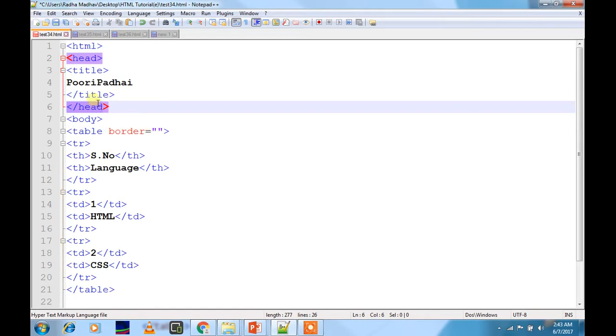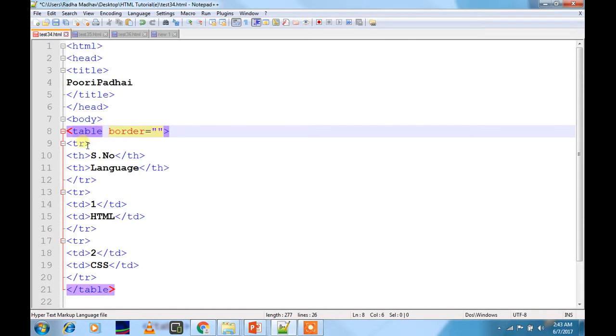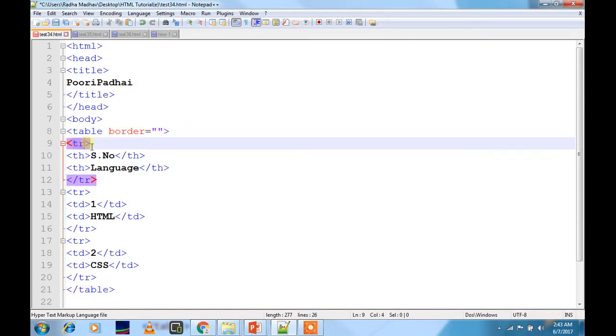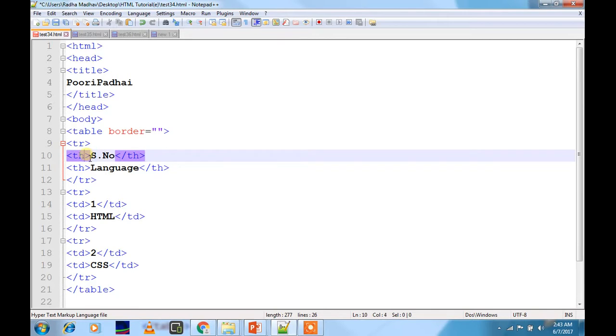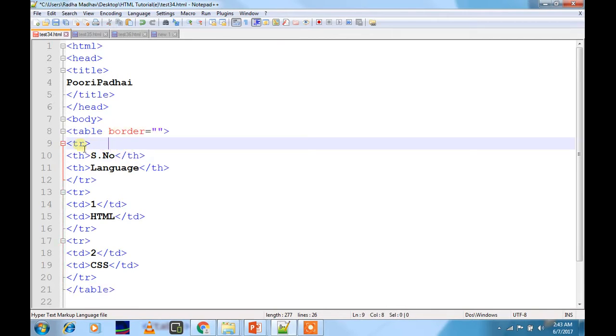So this is the first example. Here you can see table is there, tr is there, table row, th is there, table heading. I will tell you later what this is, so don't be surprised over here. Tr is there, table row, and in the very first row we have given the heading, and in the second row we have given the two columns, and in the third row again we have given the two columns.